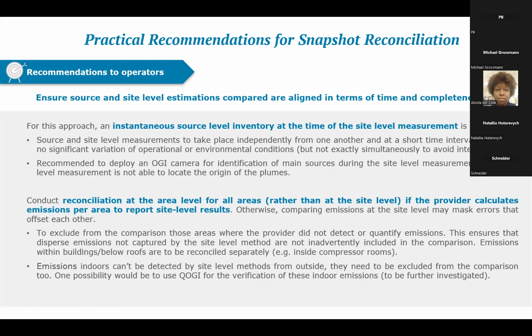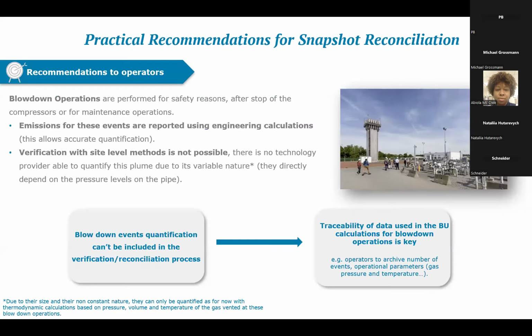That's the case for emissions indoors, and one possibility is to use the quantitative OGI to verify these emissions inside buildings. Then obviously there's another huge contribution to the annual emissions, blowdown events, that can be performed for a number of reasons, either safety, that's emergency blowdown, or after the stop of the compressors for maintenance operations, and these emissions are